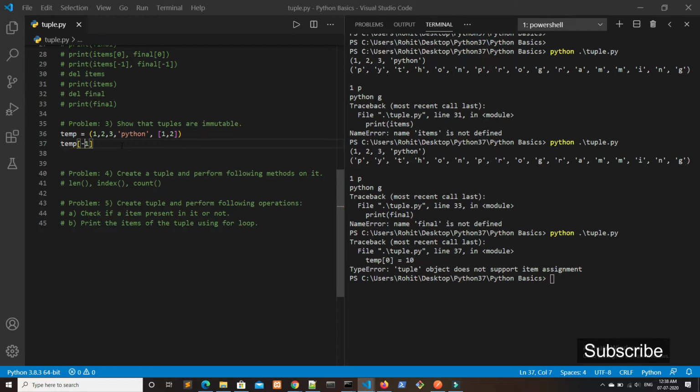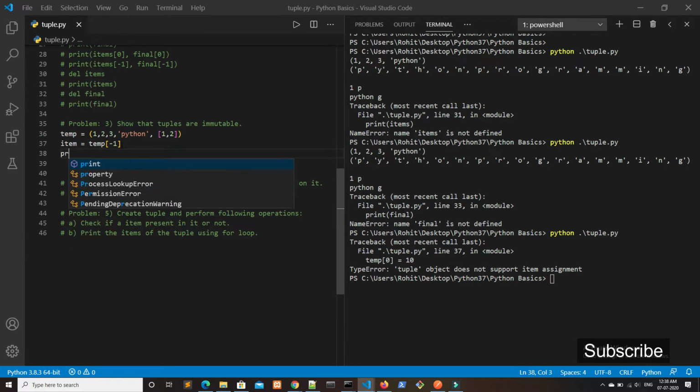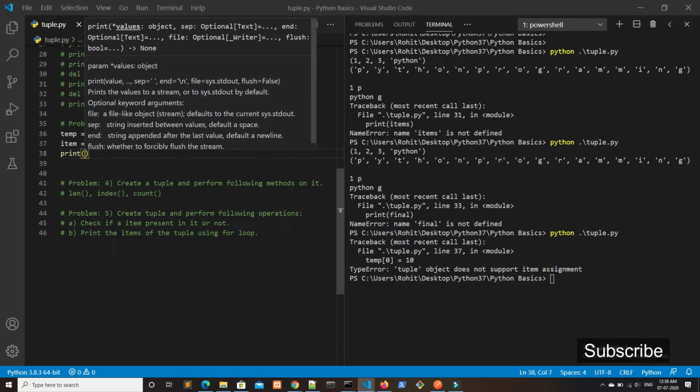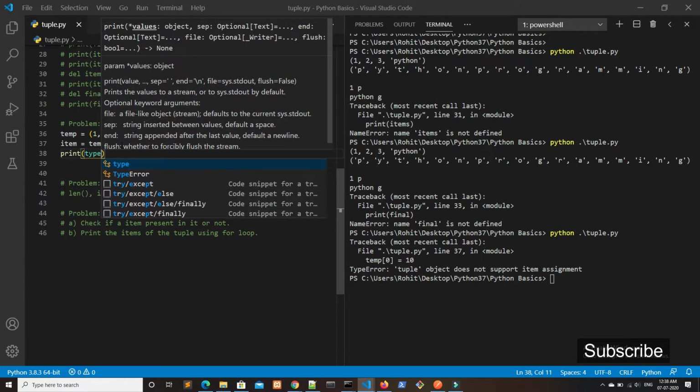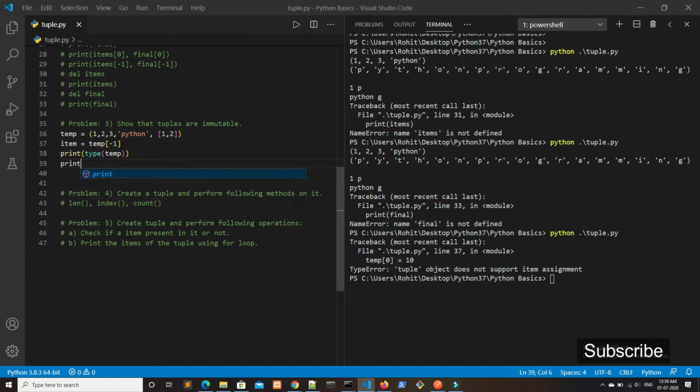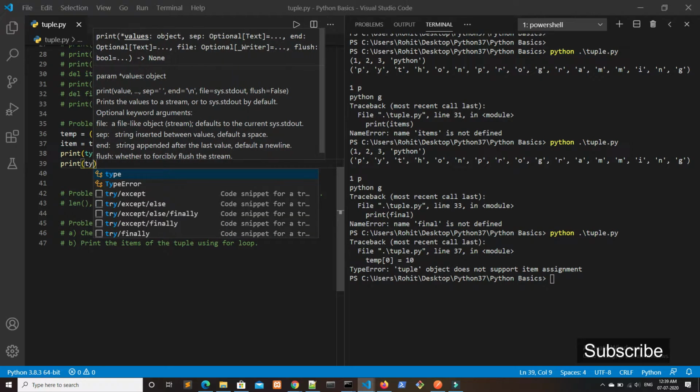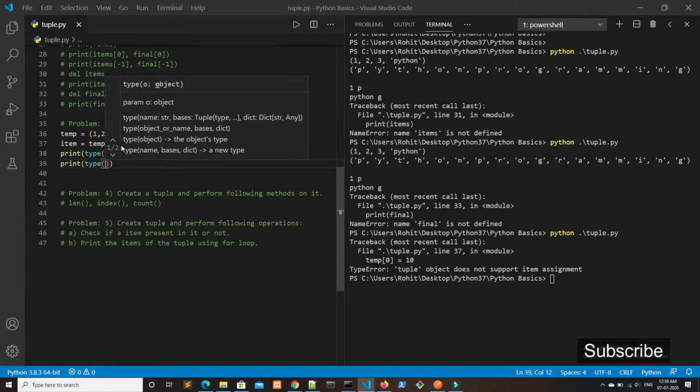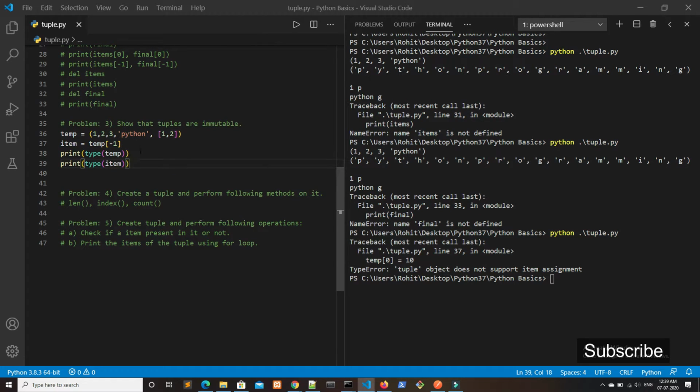First I will be storing it in another variable as item, and I will first print the type of temp, and then the type of item, and we will be getting the first one as tuple and the second one as list.